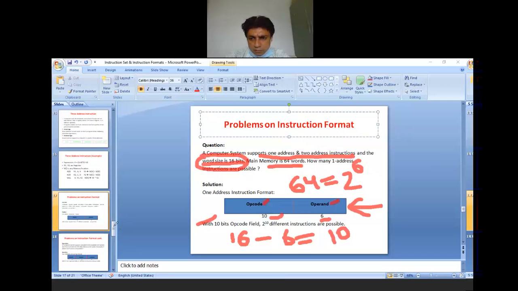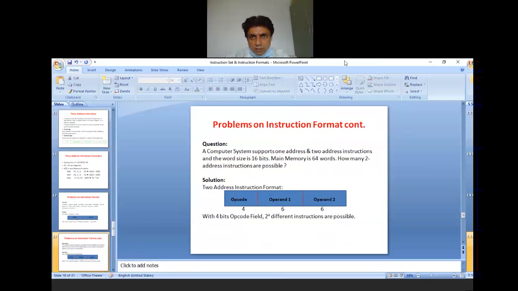So moving to the next slide. Now the same question has been given to you, and now you need to show it in the two address format. How many two address instructions are possible?